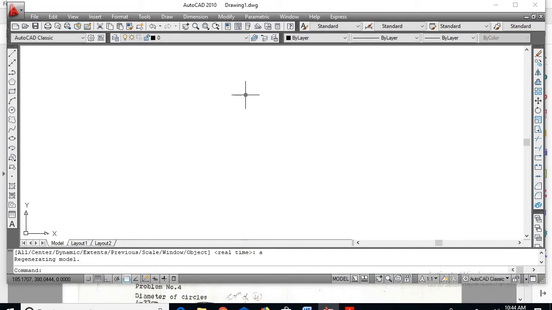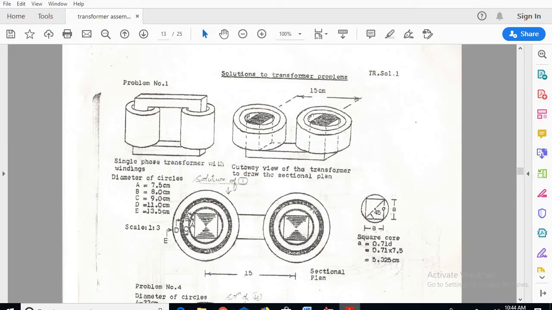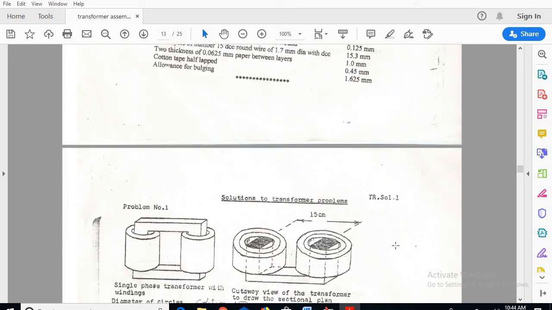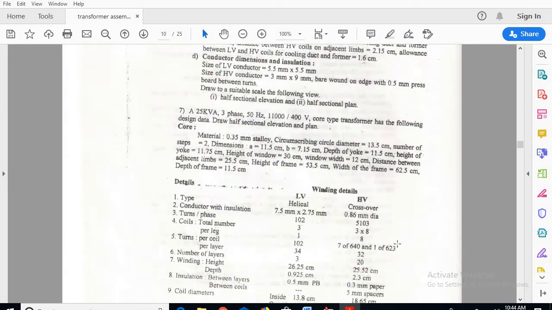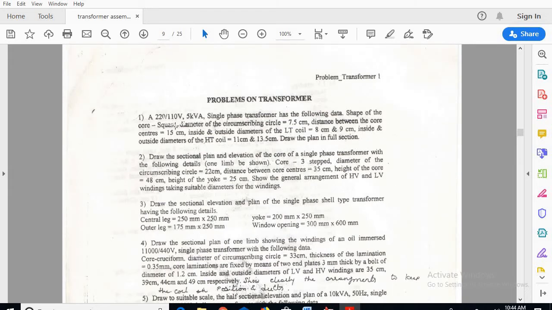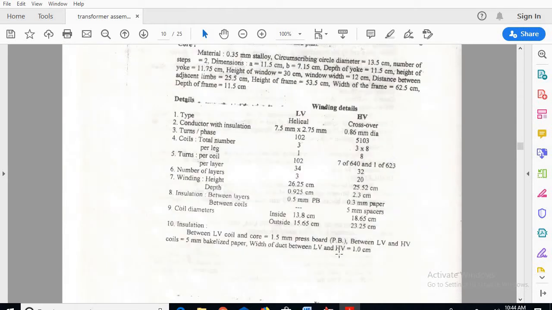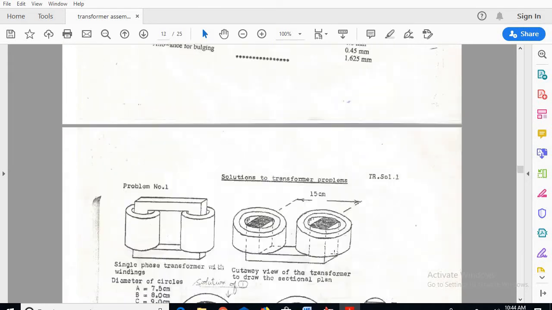Now with respect to this, he has given the width of the largest stamping, A, which we have to calculate. As per the calculation, A is equal to 0.71 D, where D is the diameter of the circumscribing circle, which is given as 7.5 centimeters.